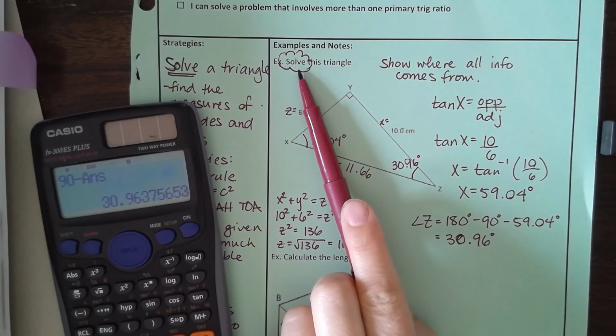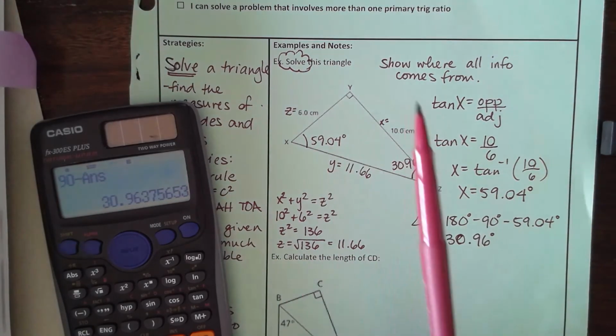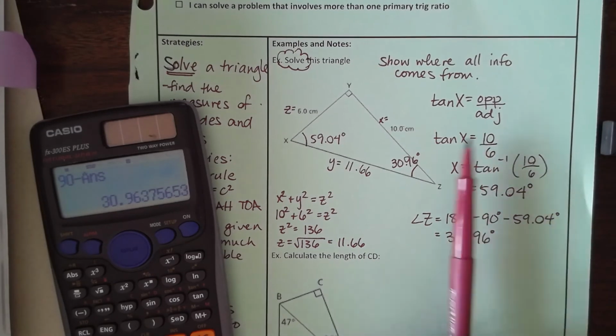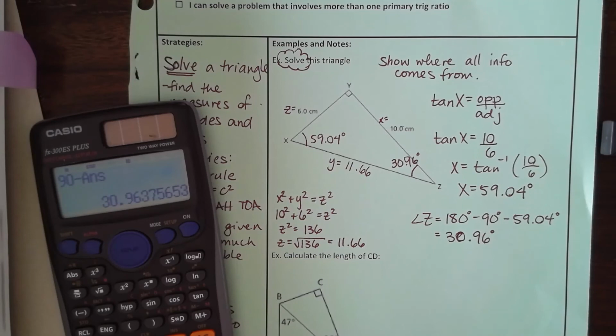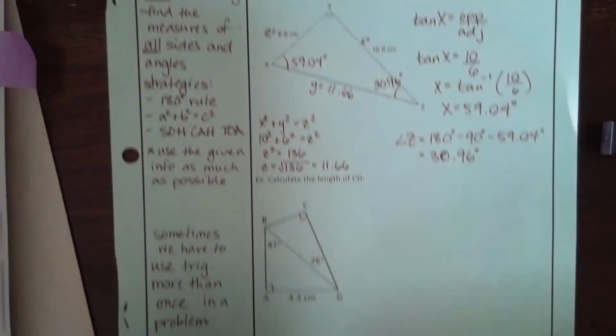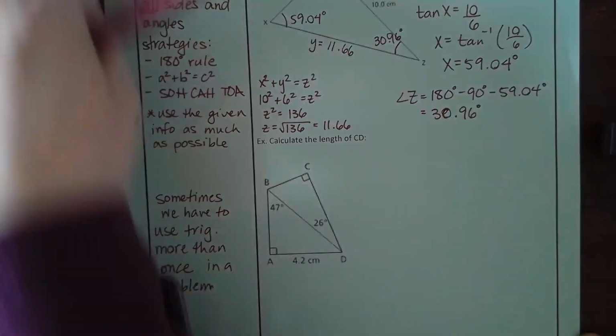Pretty easy. Solving a triangle means filling in all the side lengths. And anything that we give you to solve in grade 10 is going to require you to use a trig function at least once. Okay? And then you're free to make it as complicated or as simple as you like to find the remaining pieces. All right, if we take a look at the second problem on this sheet,